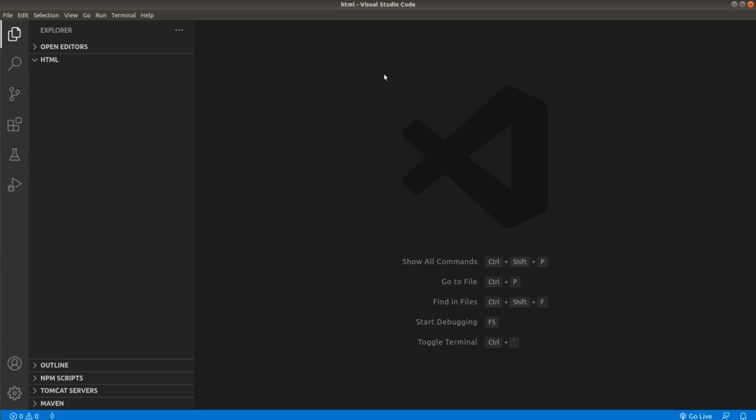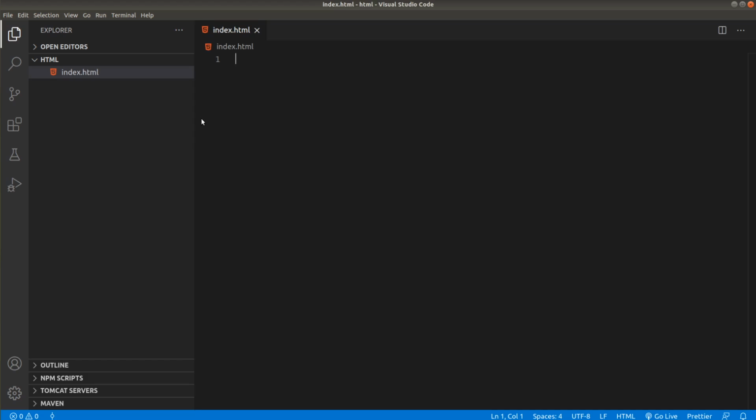So I have already opened my Visual Code here and created a directory HTML inside it. Now I will create a file to write our first web page, and I will name it index.html. Always keep one thing in mind: whenever you create an HTML file, you have to keep its extension as .html, so your file will be treated as an HTML document. Now I will hit enter and that file is created in my directory.